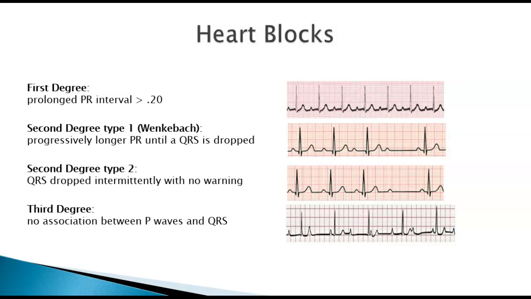Second degree type 2 is that you have more P's than you have QRS's. Every once in a while it just doesn't have a QRS, and there's no rhyme or reason. Third degree heart block is that the P's are very regular, and you can measure them out. They're exactly the same as you go along. And QRS's are very regular, but the P did not cause the QRS. I recommend that you Google heart blocks and marriage, and there's a little saying about heart blocks and marriage. I think that is my favorite one. It makes me understand it completely. If you have any questions, let me know.